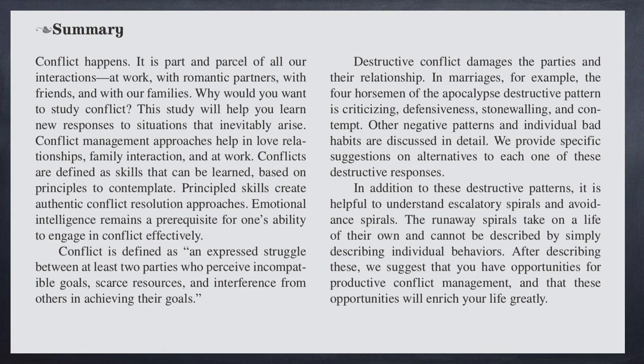It occurs between two parties at least, could be 3, 4, 5, who perceive incompatible goals, scarce resources, and interference from others in achieving their goals. We have destructive conflicts that can damage relationships, even end them, and those patterns can turn into spirals each time we engage in conflict. What we want to do is we want to engage in a more positive, healthier, manageable type